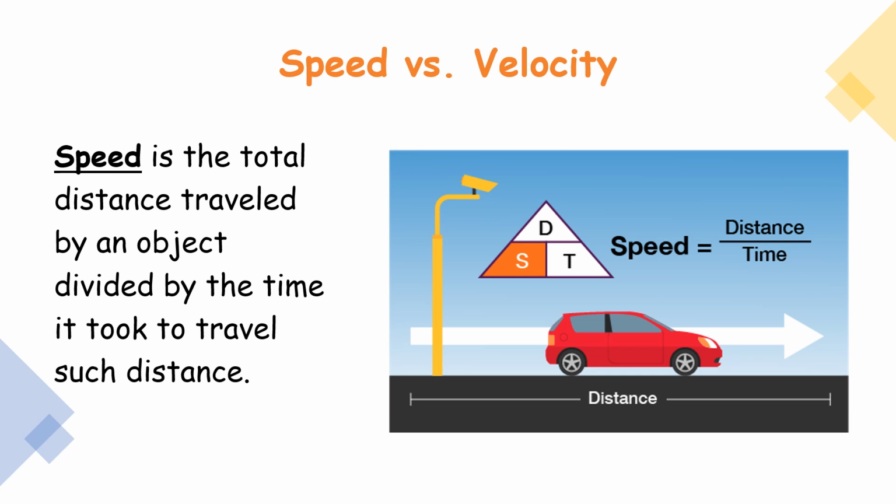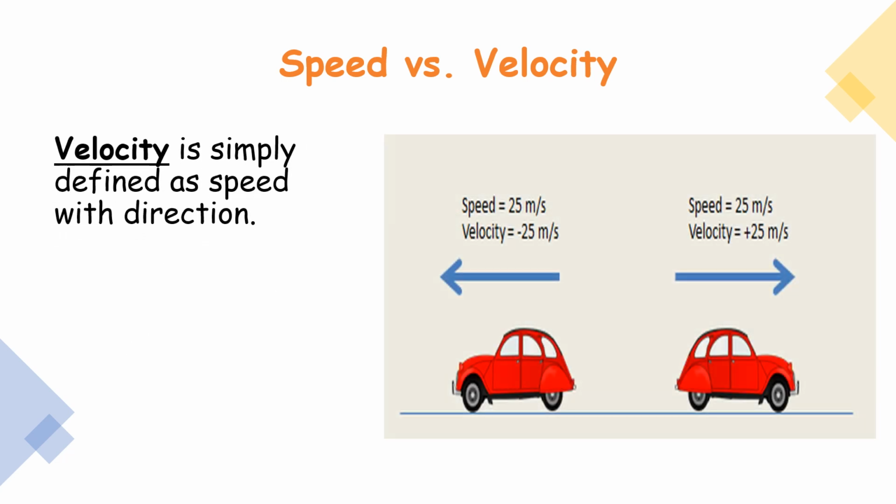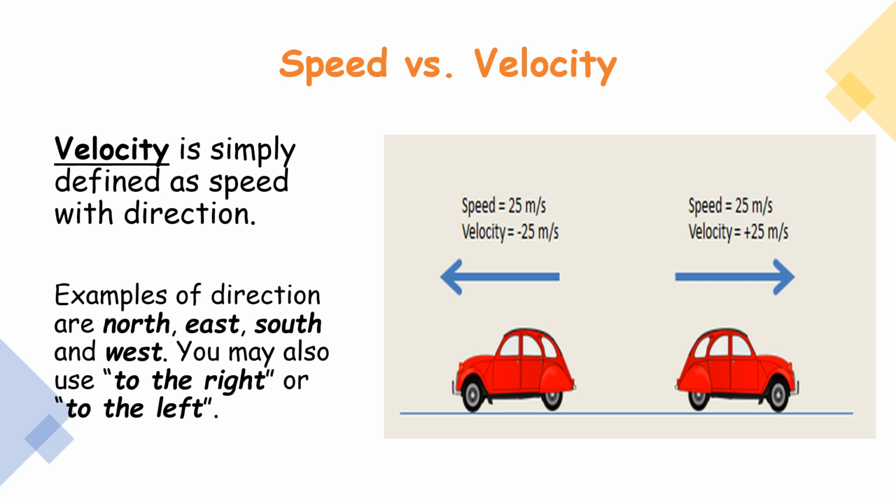We usually get it by dividing the total distance traveled by an object by the time it took to travel such distance. Velocity refers to the rate of motion of a body with reference to its direction. In simple terms, it is defined as speed with direction. So you can just add direction to speed and that will be the velocity. You may use cardinal directions such as north, east, south, and west, or phrases such as to the right or